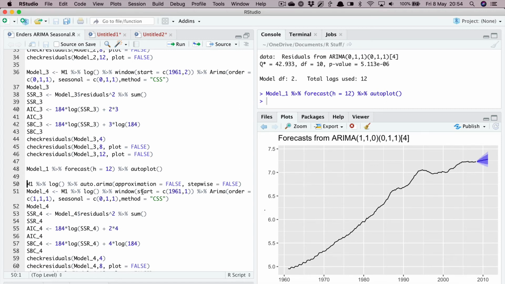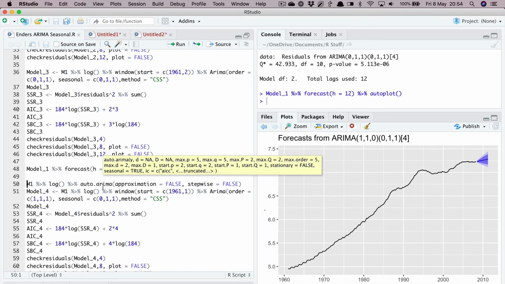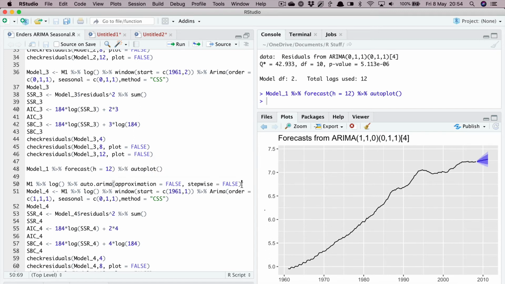If you miss those out so that they're true, it will still search for the best model, but it will use some shortcuts. So I want to make sure that it's as thorough as possible and to see if it comes up with the same best model that Enders did, which was Model 1, of course. So running that,